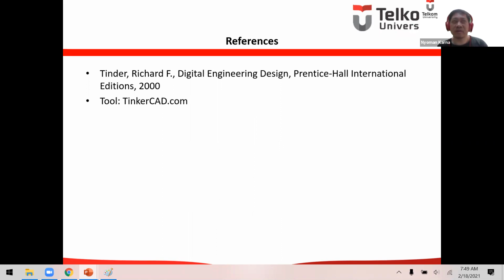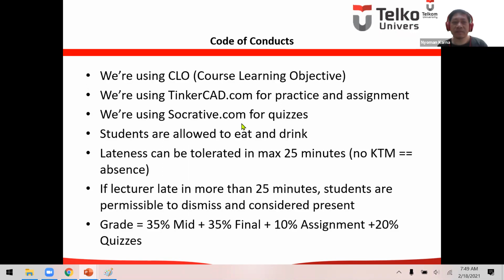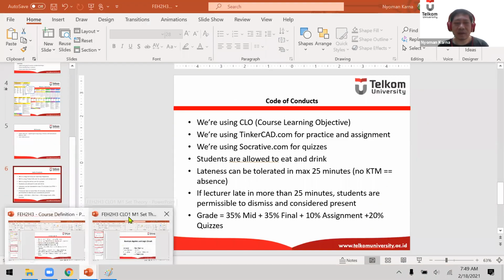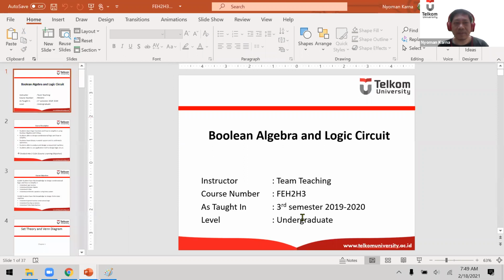So you have to visit the library and read the hard copy by yourself. Okay, and the tool is tinkercad.com.